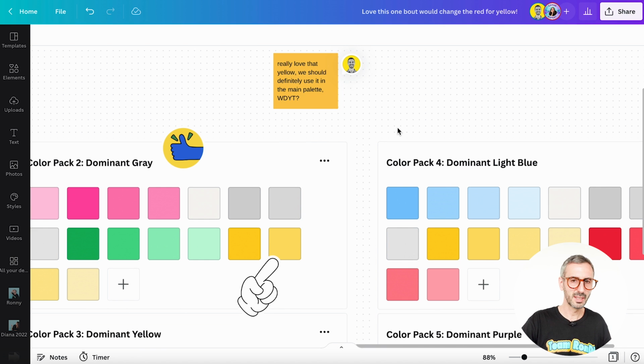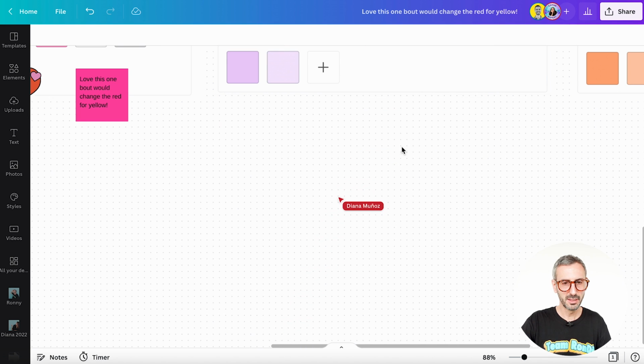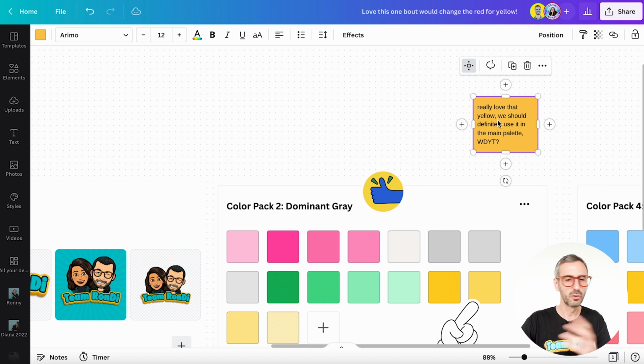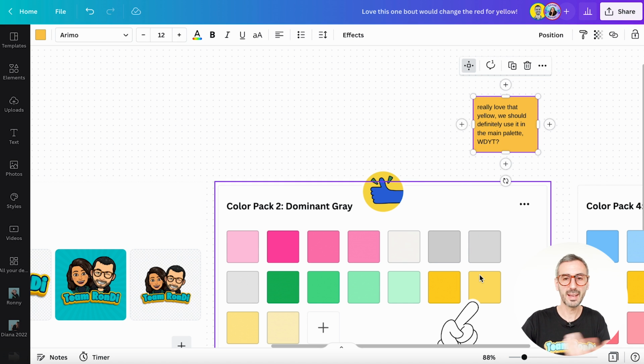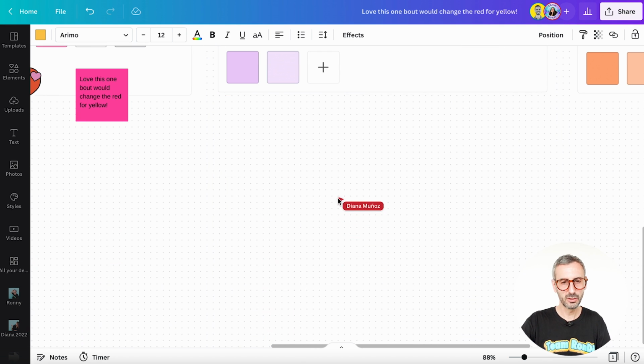So when she does that, and if I want to see at any time what Diana is working on, I can click on her profile picture, and this will bring me to her actual cursor. You see, because I was zoomed in on this part of my sticky note, I didn't know where Diana was actually interacting on this whiteboard. So by clicking on a person's avatar, I can go directly to where they are actually looking at or pointing